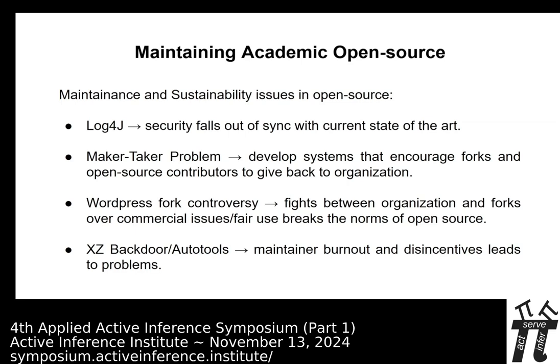So the first one is Log4j, and this happened a couple of years ago, where a number of open source projects got hit with a security threat, and it was because their security fell out of sync with the current state of the art. So in open source, we don't maintain things as well as, say, commercial products. So you have these holes that can be exploited by malicious actors. So Log4j was so serious that they had to consult with the US government to try to help fix this problem. And so this was a big problem